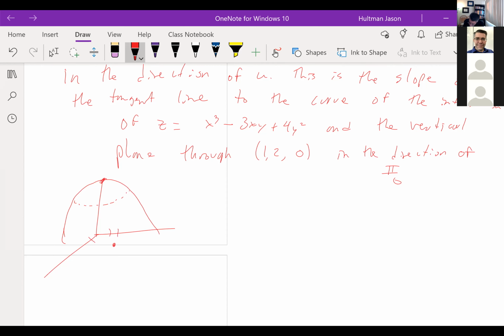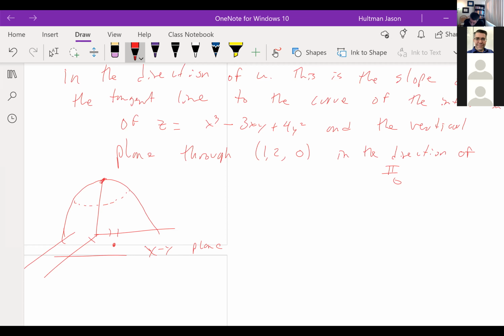And so we have a vertical plane through (1, 2, 0). That's just the xy plane. So it's saying that it's a vertical plane through this thing, and the intersection of this,